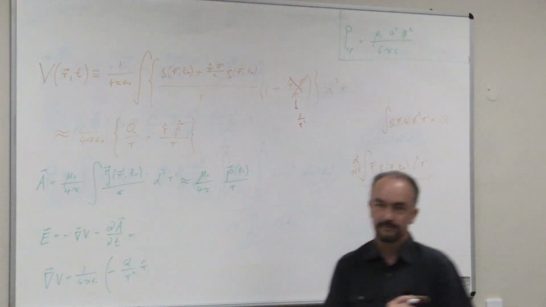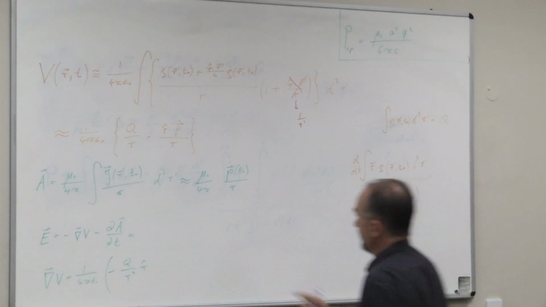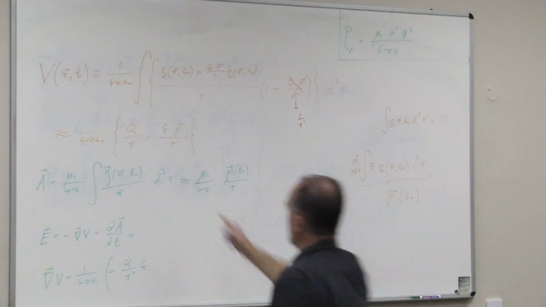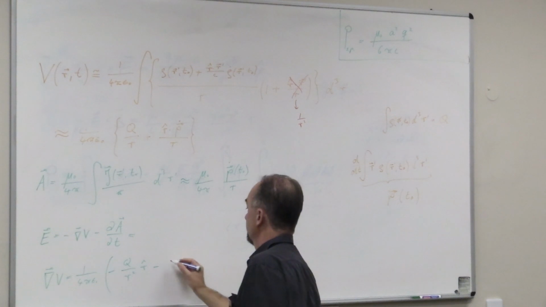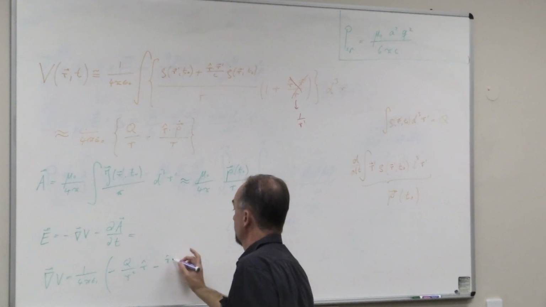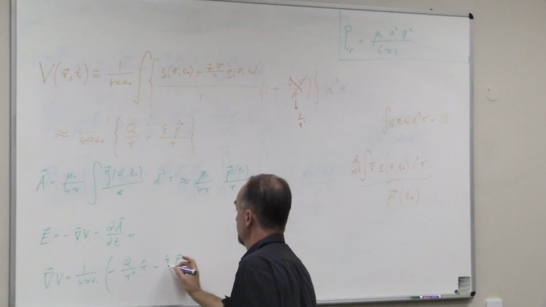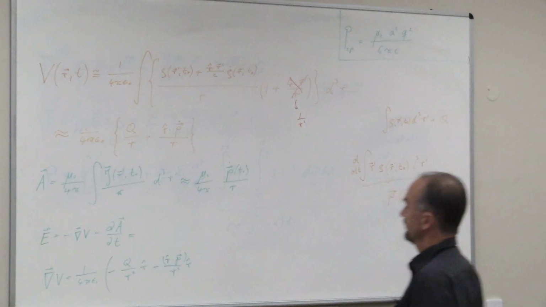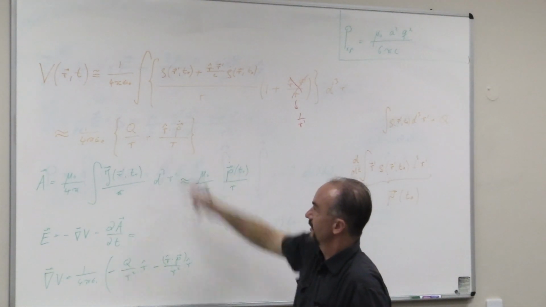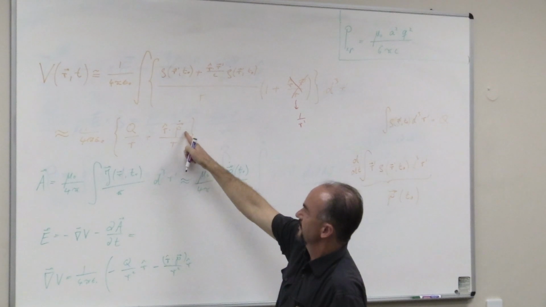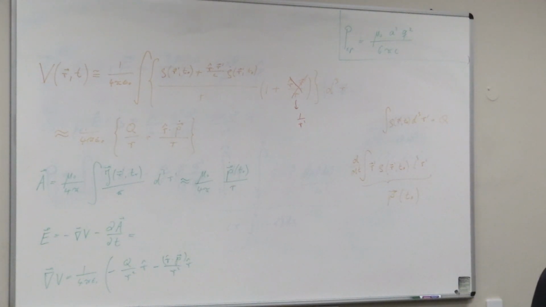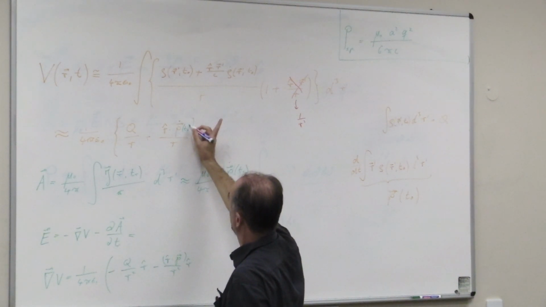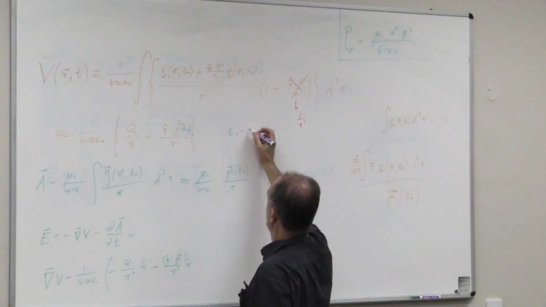That's the 1 over r squared term. And then the gradient of this, we take the gradient with respect to r here. Then there's another term here, r unit vector dot p dot over r squared. Our unit vector, right? That's the 1 over r from here. And then we have a gradient from the p dot here. So the p dot is evaluated at t naught. t naught was t minus